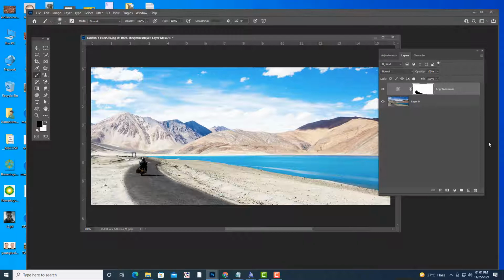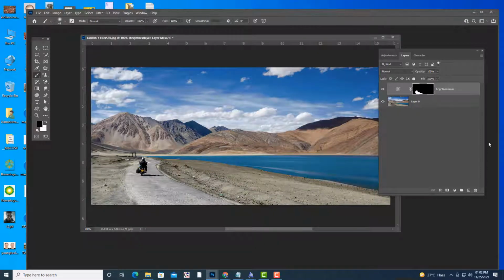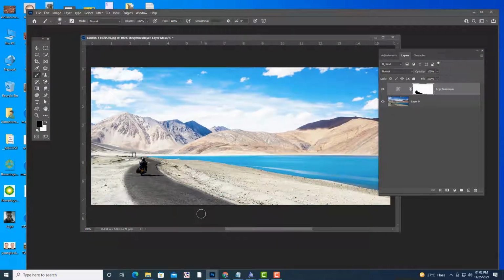And if we want the reverse, means the road should be bright and the opposite area should be dark, you can simply invert the mask. How? Control I. So this area is dark, this is bright, road is bright. Like that you can apply curves from layers. So that is it. Curves adjustment is a very common adjustment option used by photographers.